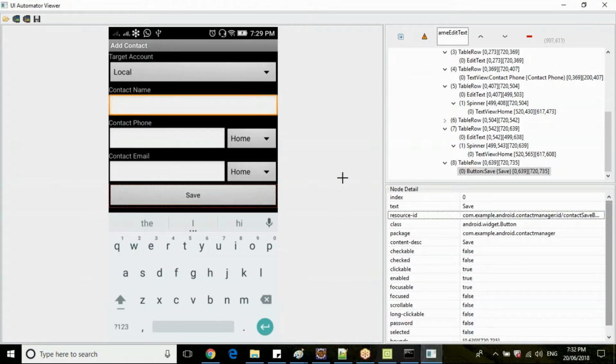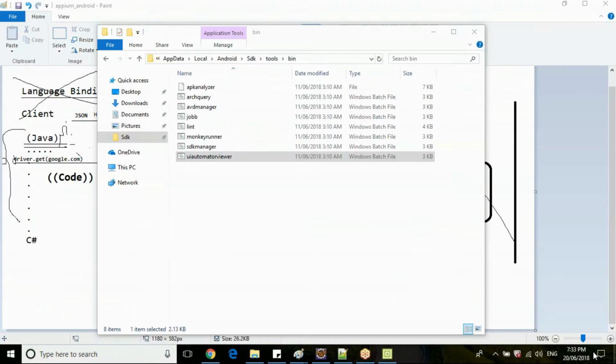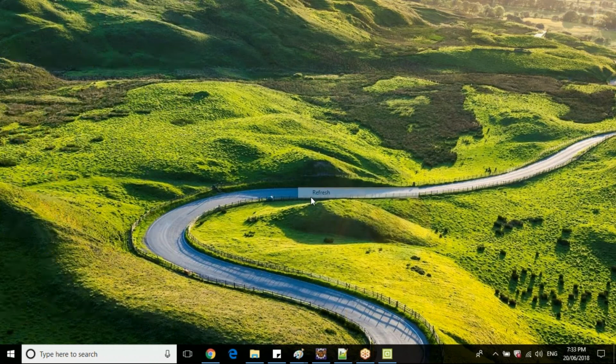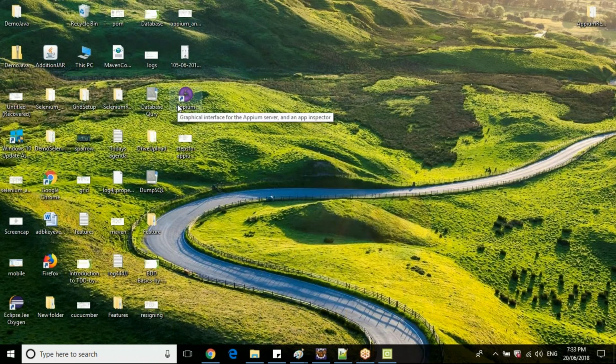Clear? Let's close this UI Automator and execute Appium. Let's start the Appium server, then we'll execute the script, guys.